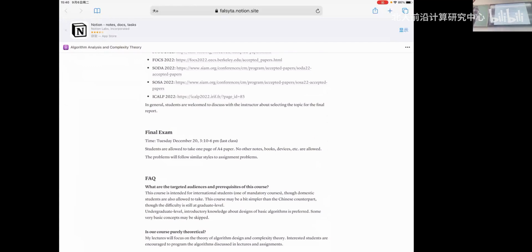Sure. Will our project be significantly harder than this? I think the latest papers must be harder than basic algorithms. Yes. Most algorithms that we are going to introduce today were discovered dozens of years ago, because they are relatively basic algorithms. Speaking of difficulty, of course, up-to-date research should be more advanced than textbook material.